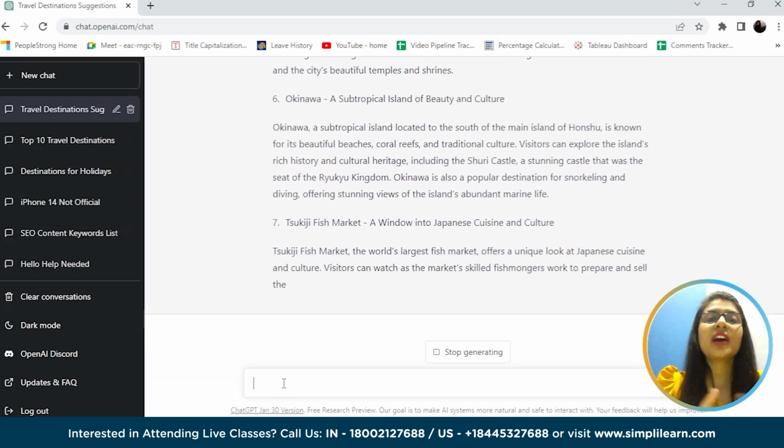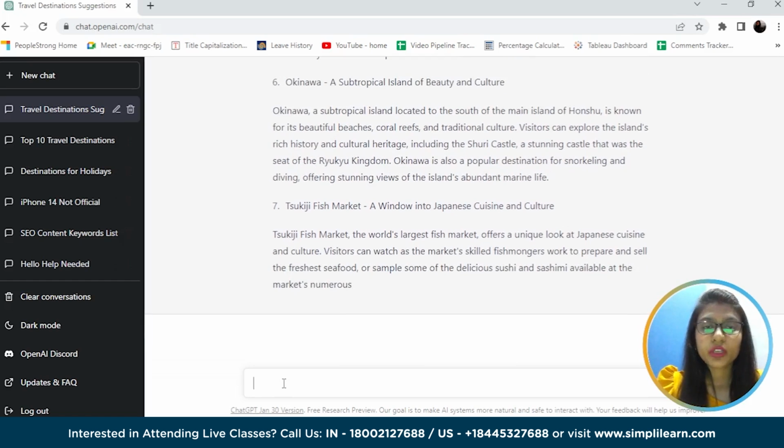Definitely. We have targeted this blog for the keyword top 10 places to visit in Japan. However, we can ask for some more keywords to increase its reach.